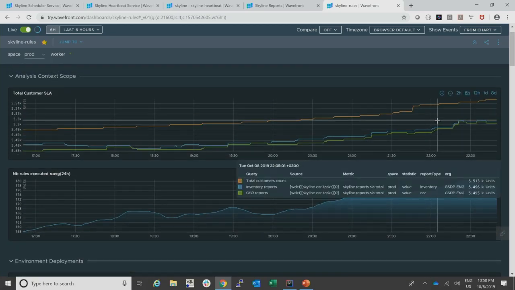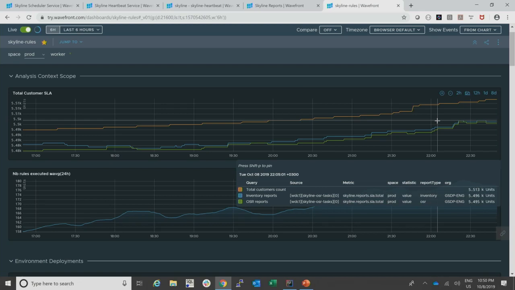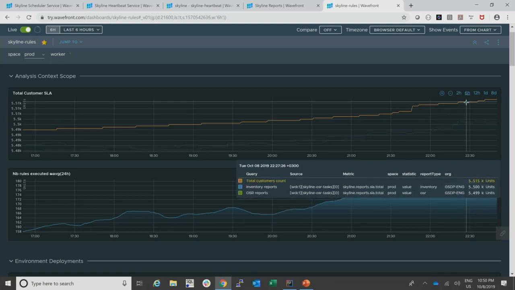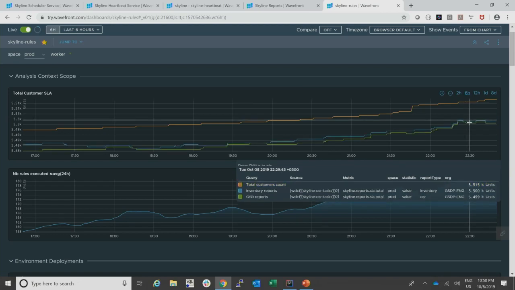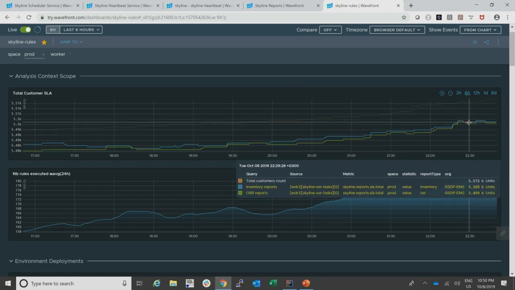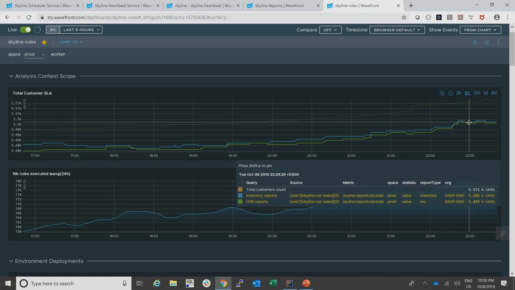We try to really balance, so you don't want spikes in this, right? When you schedule these reports, you have to distribute them over the SLA period itself, so you don't have any spikes, because these spikes come down the stack and load everything. You can see that the total customers are 5.5 thousand, and that 15 customers do not have a recent enough inventory report right now, and 16 are without a findings report.